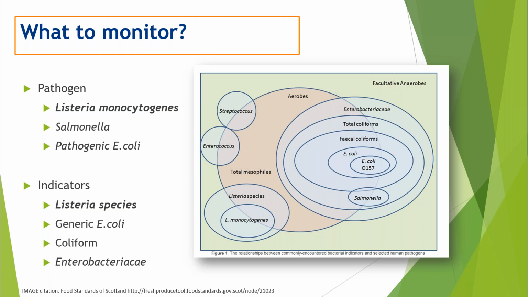The lesson to be learned here is that while there are indications, certain environments are more conducive for certain organisms, it is not necessarily 100% conclusive, meaning nobody told Listeria that it doesn't like a dry plant. You may still be able to find it. So think about what's coming into your process in your areas, and know what you're trying to manage and what your risk is. So having a very structured approach to, do I need to know if there's the pathogen? Do I need to know if there's indicators?